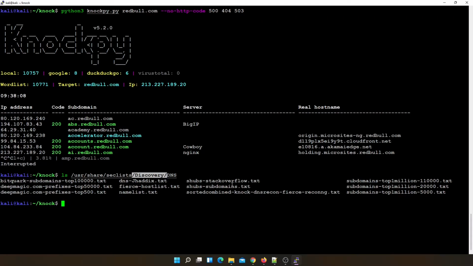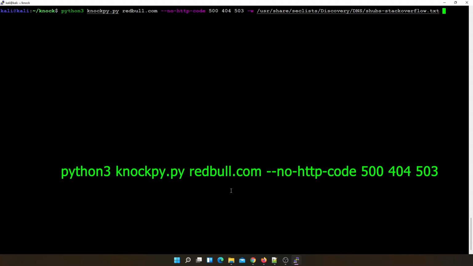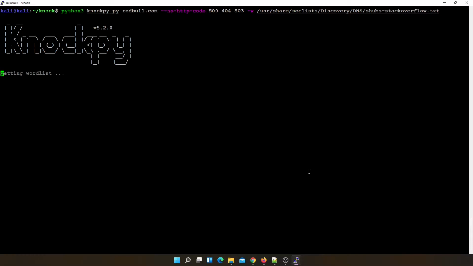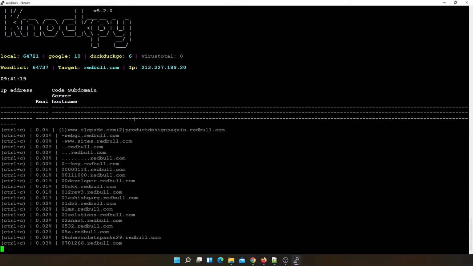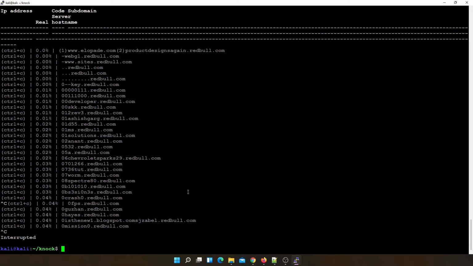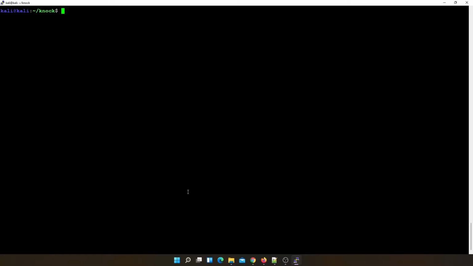So if you want, you can just use this as your reference, and you can just pass -w and use this path, /usr/share. Yeah, like so. You can go like this also. It will be telling how many words are there in this list. It is having about 64,721 words for DNS enumeration. So I would recommend you to have a good word list at your disposal, and SecLists is one of the best resources you can have.